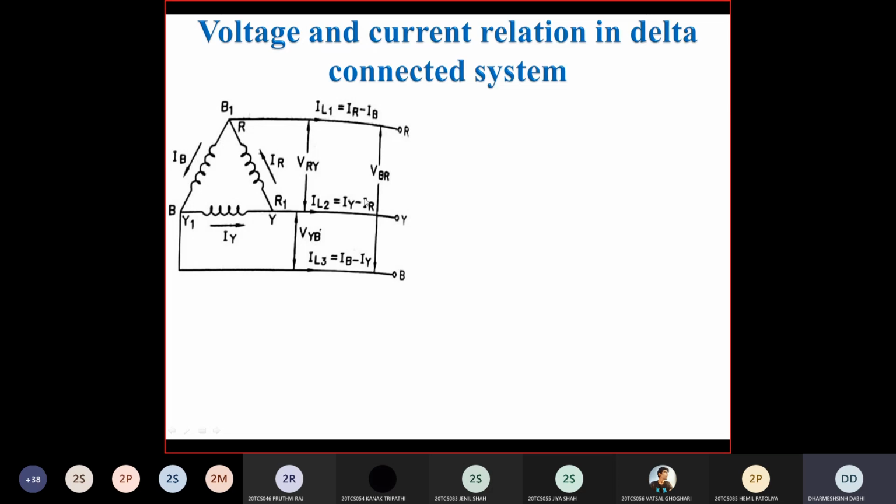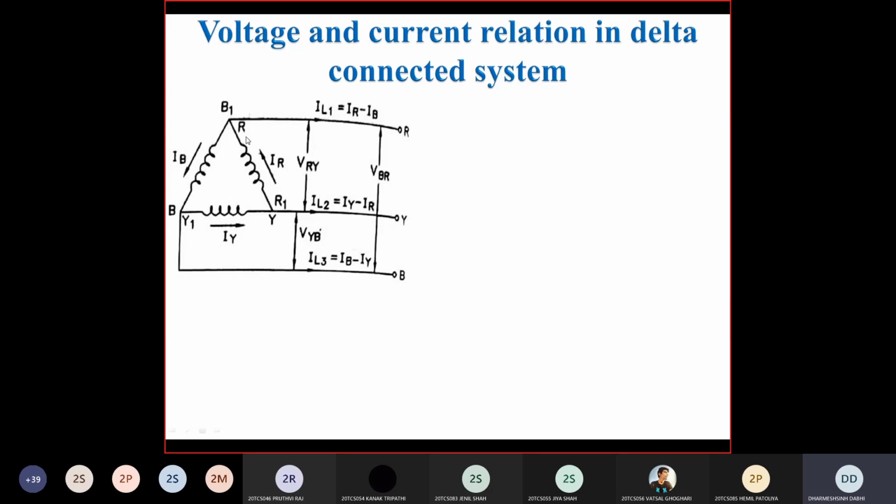Same way, suppose you want to measure the line voltage, so you apply the voltmeter across the R and Y terminals. If you measure the line to line voltage between R and Y, you can see that both voltages become the same, because the voltage you measure between R and Y terminals is the same as the voltage across R and R1 terminals. Clear? Because both are in parallel. You can see that R terminal and R1 terminal are exactly in parallel. There is no other element between them. It means that whatever phase voltage you get in delta connected system for any phase, the same voltage you get across the line to line voltage.